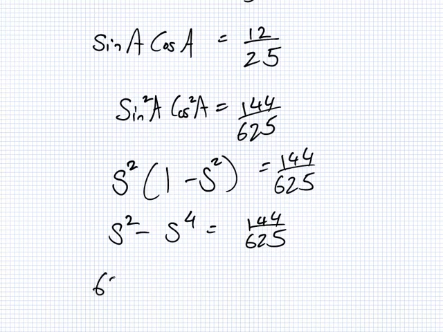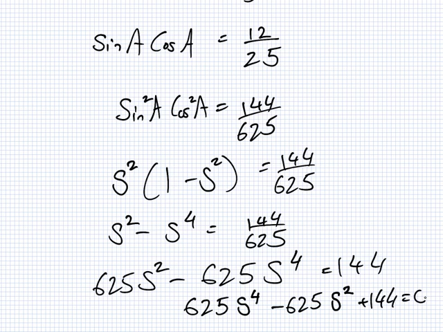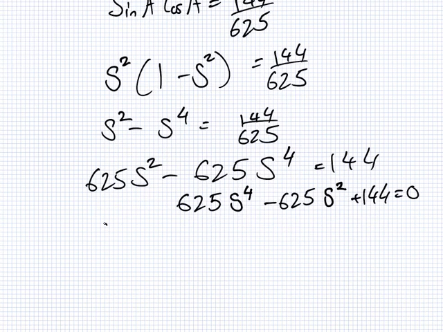So 625 sine squared minus 625 sine to the 4 equals 144. So 625 sine to the 4 minus 625 sine squared plus 144 equals 0. Now this gives us two